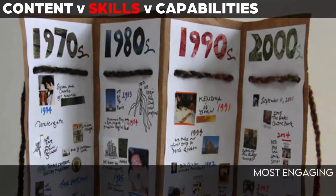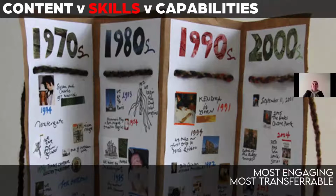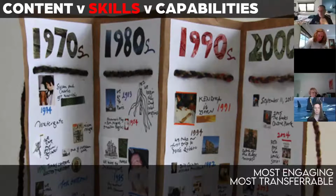Skills. I find, because most people say that they enjoy learning by doing, skill-based activities are probably the most engaging for students. They're also the most transferable. Just to give you an example from history, I would say the three most transferable skills, transferable to other academic areas and also life in general, are observation,